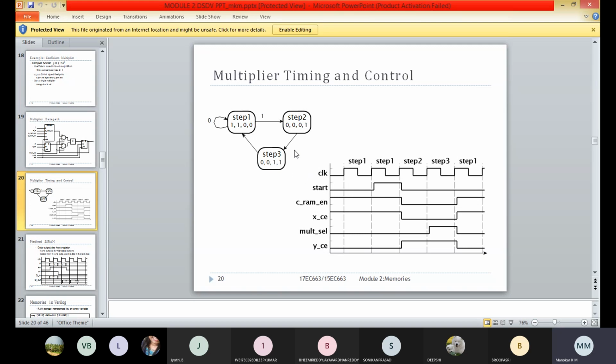After finishing the work of step 3, it moves directly to step 1, and again we keep waiting in step 1. So these 4 values, that is C underscore RAM enable, X underscore C, multiplier select lines, and Y underscore C, will be in step 1.